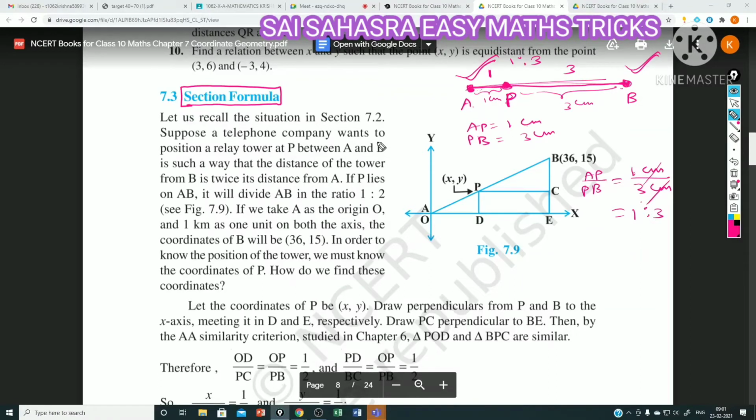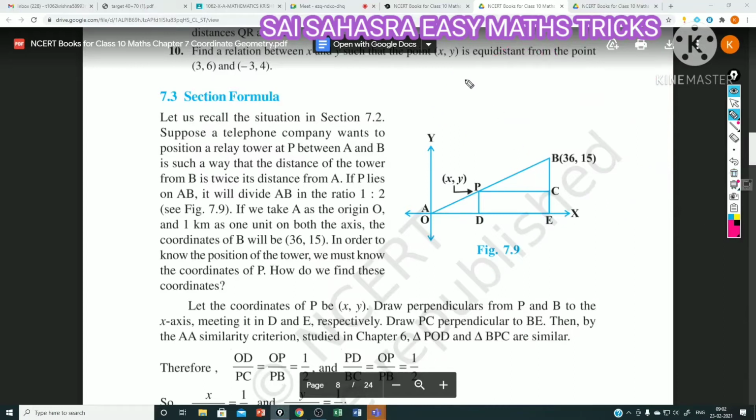Okay. So this section formula will help us. Suppose they have given this point, this point, this point, and we find the ratio in which that particular point divides the joining of A and B. And sometimes they will give point A, point B and the ratio also, and they will ask us to find the point. So to know this dividing point, the formula is, in general I am writing, in general I will draw the picture here.